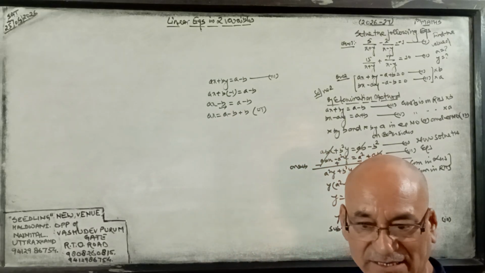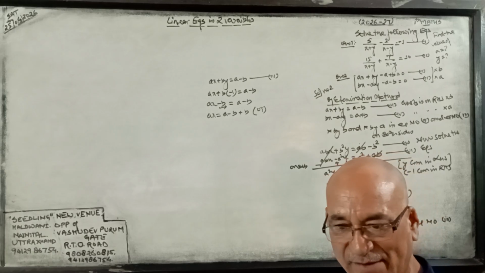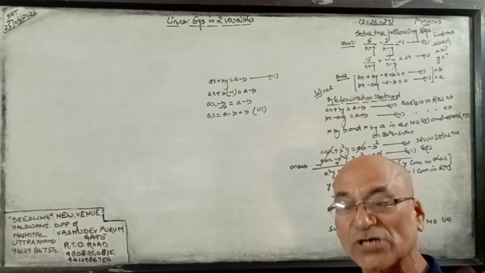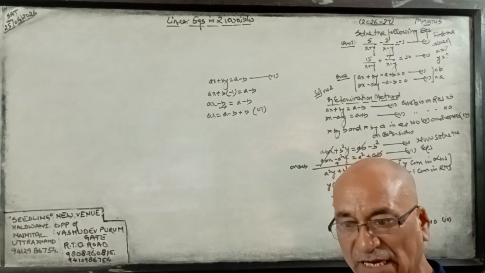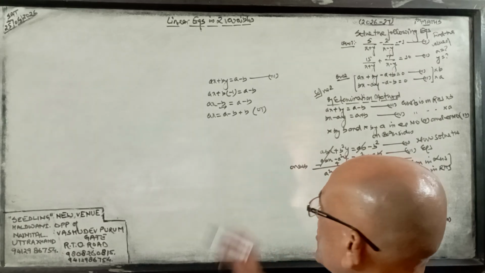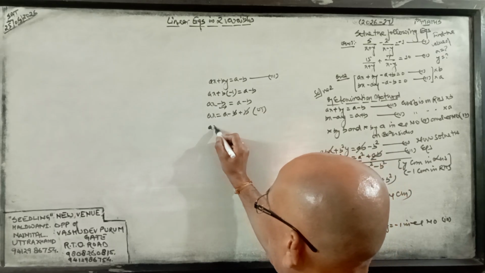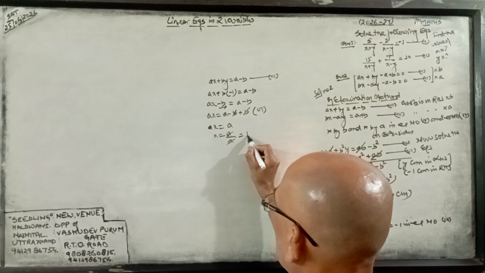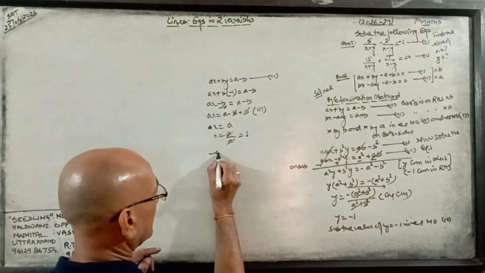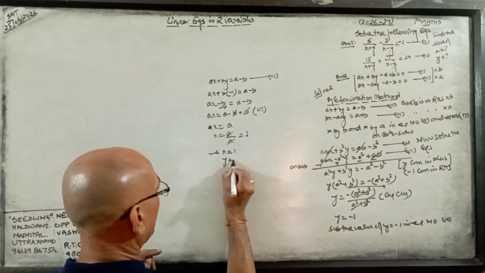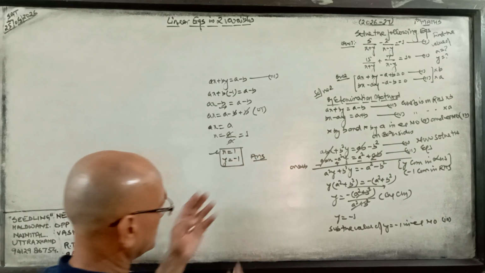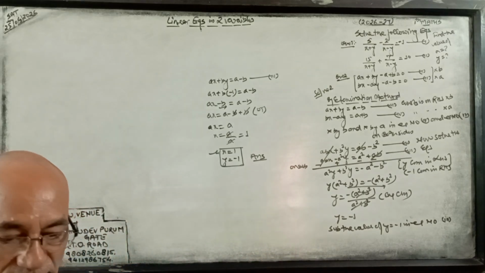OT का मतलब ऑपरेशन थिएटर नहीं है, वैसे तो ऑपरेशन थिएटर ही है इसके लिए, because you are changing the sign. यहाँ पे on transposing, पक्षांतर करने में, when one hand is going on the next hand, so its sign will be quite changed. Now cancel. ax is equal to a, x is equal to a upon a. So therefore x is equal to 1 and y is equal to 1. Getting my points?